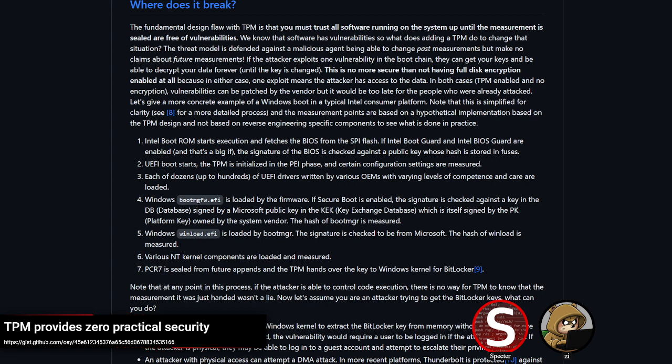I don't necessarily agree with all the opinions that are expressed. The concerns with physical attacks and software vulnerabilities compromising the measurement process are valid. And I think that's the main point the article tries to get across. The TPM doesn't secure the boot process as well as vendors would have you believe. But it also argues that TPM has had a lot of effort wasted on it. And I think that might be a bit of a perfect-is-the-enemy-of-good type scenario, where yeah, TPM technology is probably oversold in what it provides, but it does add an additional step for attackers, and in some cases a fairly significant step. And the problems that it has can be addressed and improved upon.